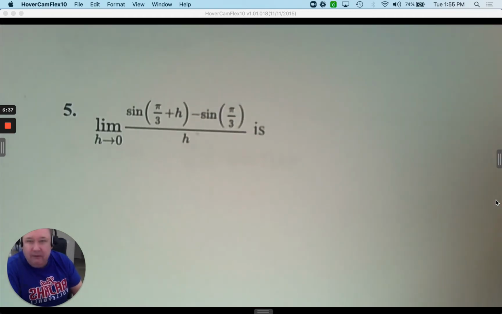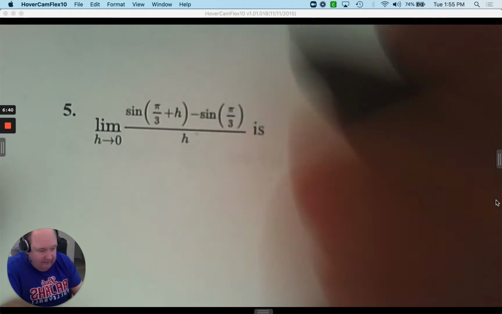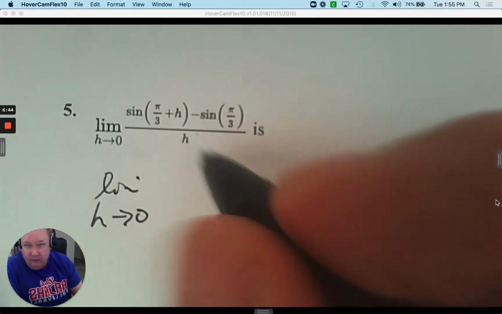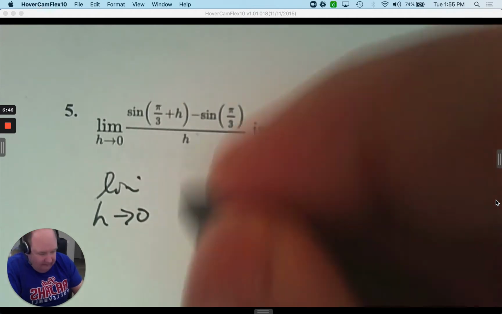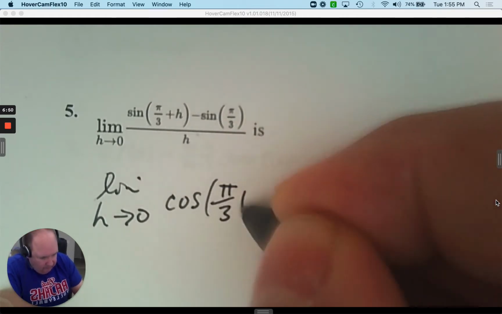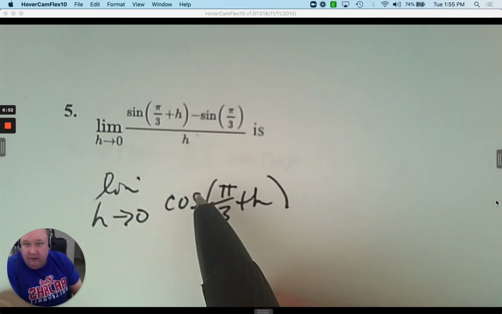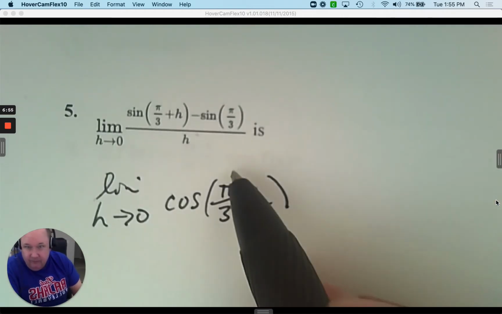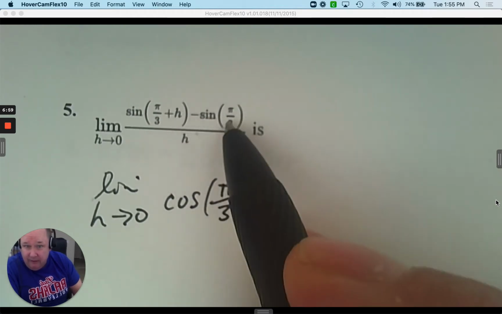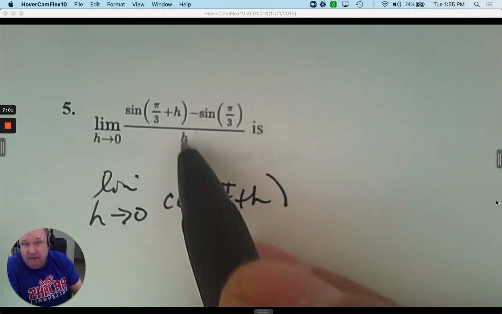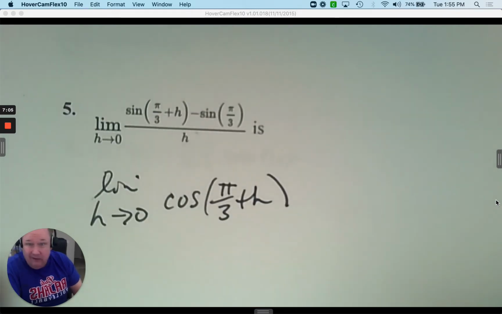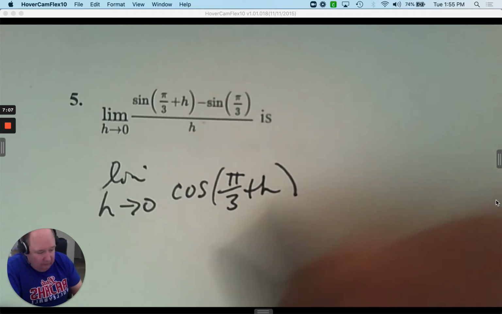What would happen if I took the derivative and then did it again? So if I took the derivative, because that might be helpful, let's see what direction that goes. The derivative of sine is cosine. The derivative of this, pi over 3 plus h, is 1, so there's no hook there. The derivative of sine pi over 3 is just a number, it's 0. The derivative of h is 1, so you're dividing by 1. And there's your answer. So now we can just plug in 0